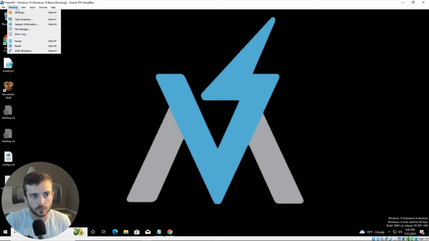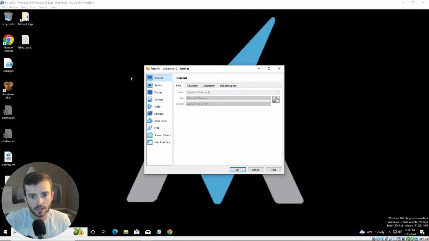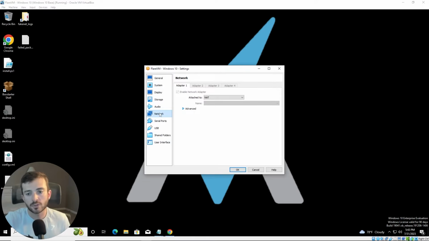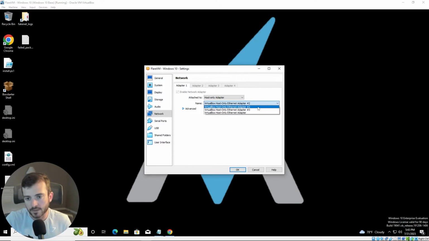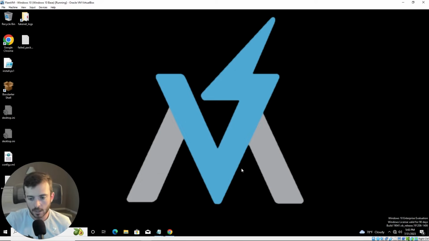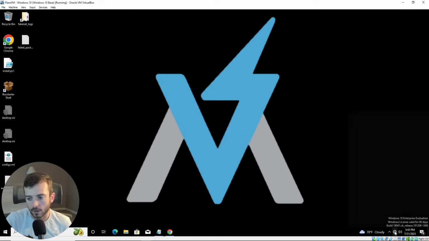So we're going to go up to Machine and click Settings, and this is where we're actually going to set up this predefined host-only adapter. So attached to NAT, we're going to use the host-only adapter and provide it with VirtualBox adapter 2 or 3. It doesn't matter. Like I said, mine has 3, but yours will likely have 2. These are both the same on my machine. So I'll just use 3 for the sake of demonstration, keeping it consistent. Just click OK. What you're going to find is on the bottom right, you no longer have internet connection, which